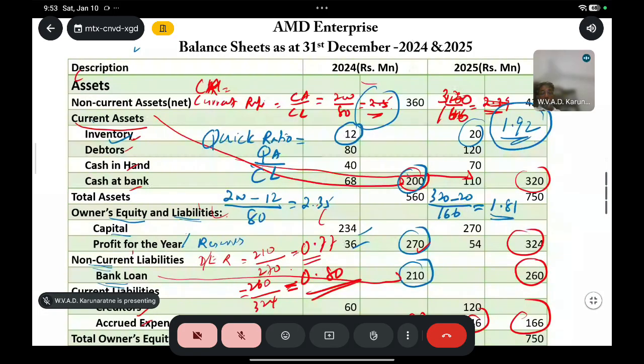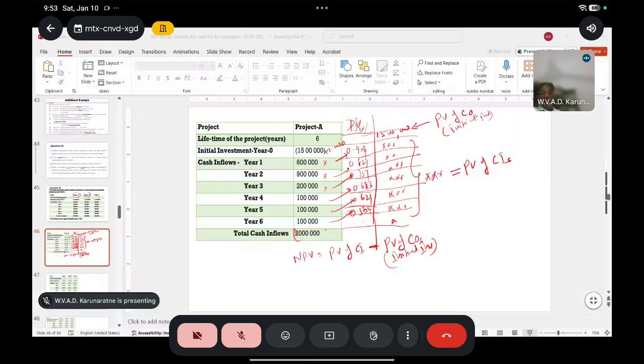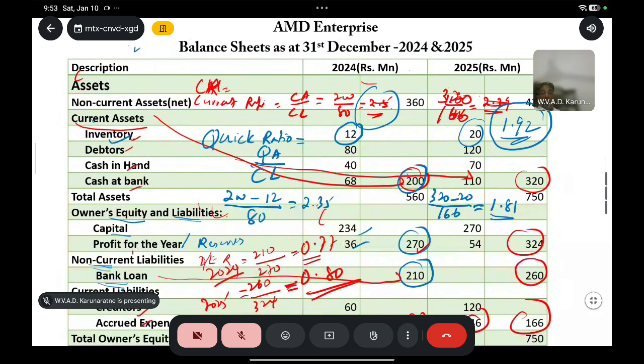This is for year 2025, and this is for year 2024. Here actually this measures the leverage. If this debt equity ratio is equal to 1,